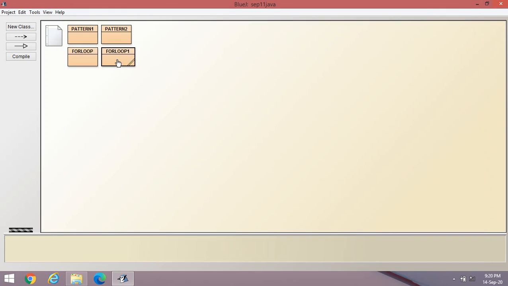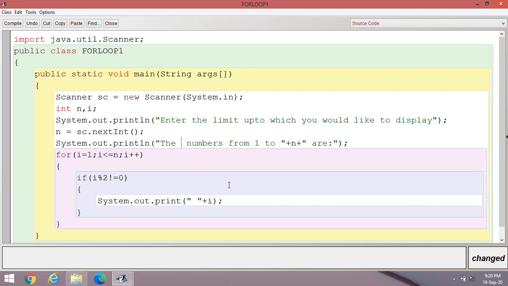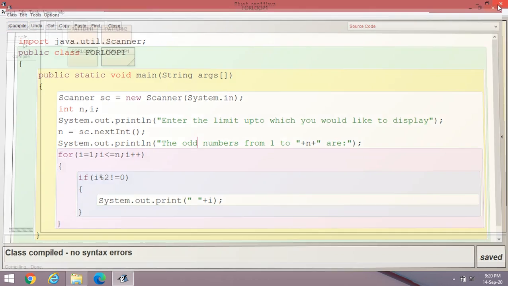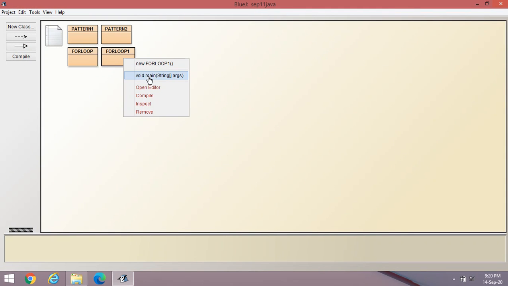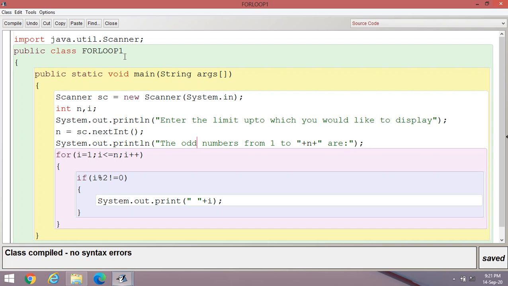If you would like to display odd numbers, you can write here like this, and you can write odd here, compile, then execute the program. You can display the odd numbers from 1 to 20: 1, 3, 5, 7 up to 19. In this way, you can display the desired output.